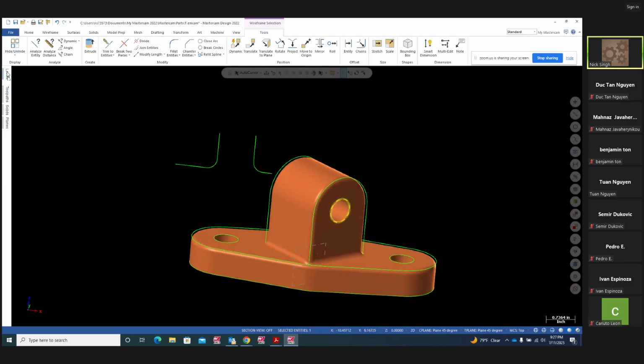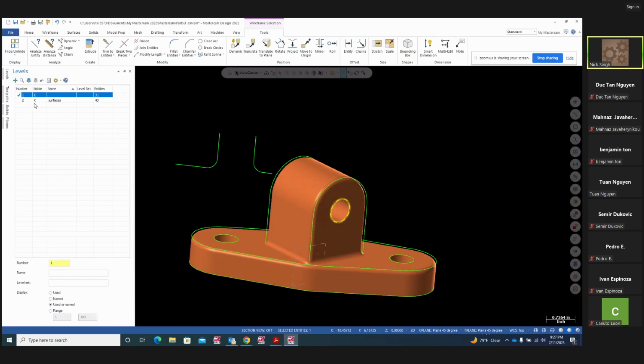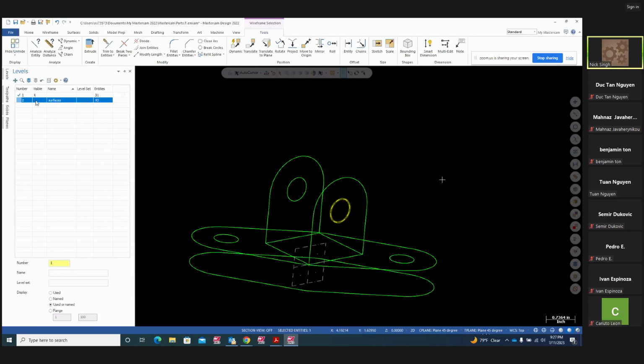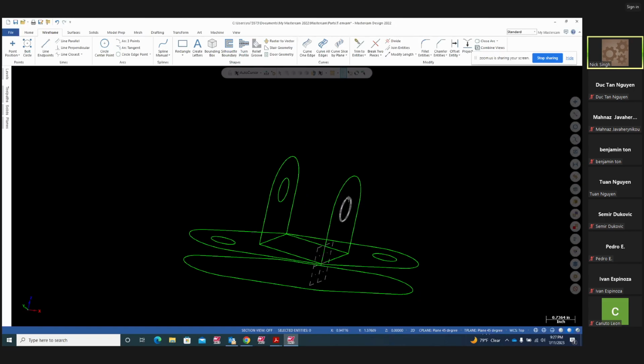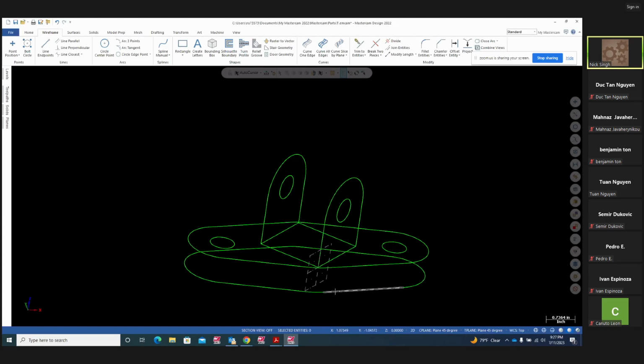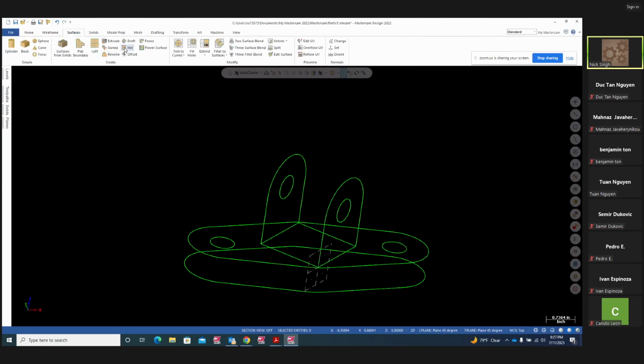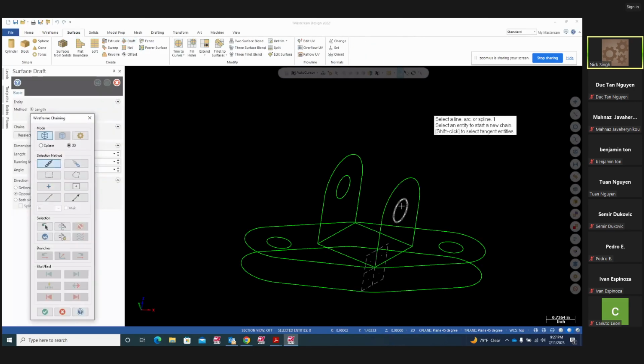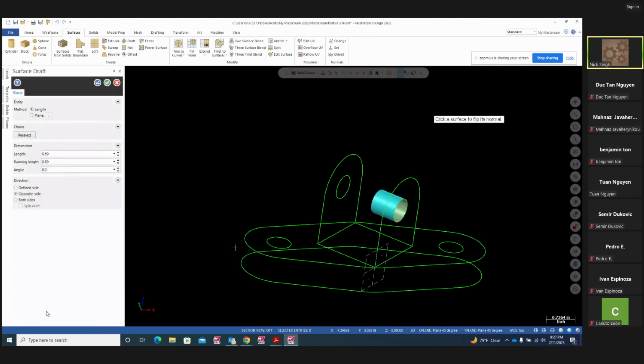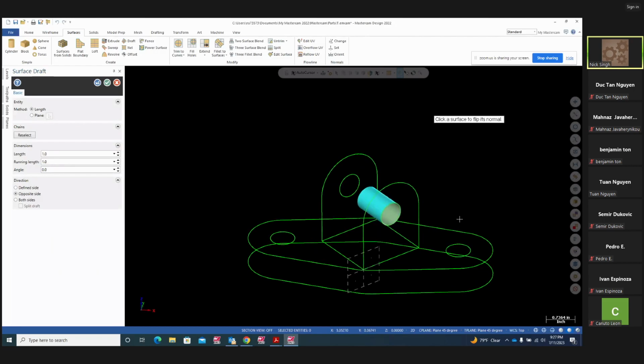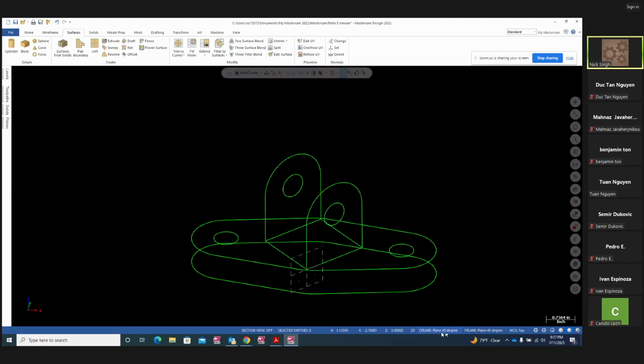Let me go ahead and go to level, and I'm going to turn surface off. So here, if you want to make a draft surface between this, you have to be in plane 45 degrees, and I can go surface, I can go draft, and I'm going to select this guy right here and go ahead, and there is my draft, and I can go any length, doesn't matter. That's my draft in that surface. If I go and change that surface to